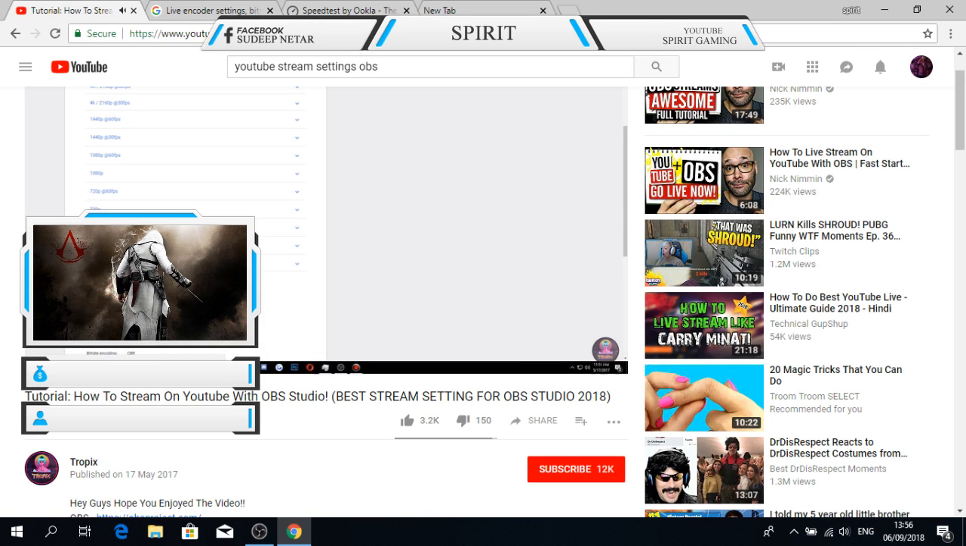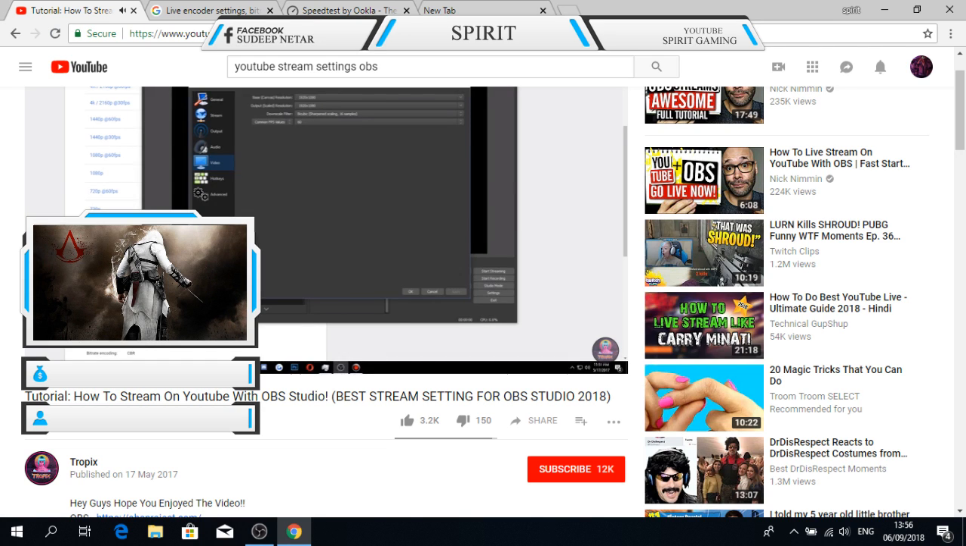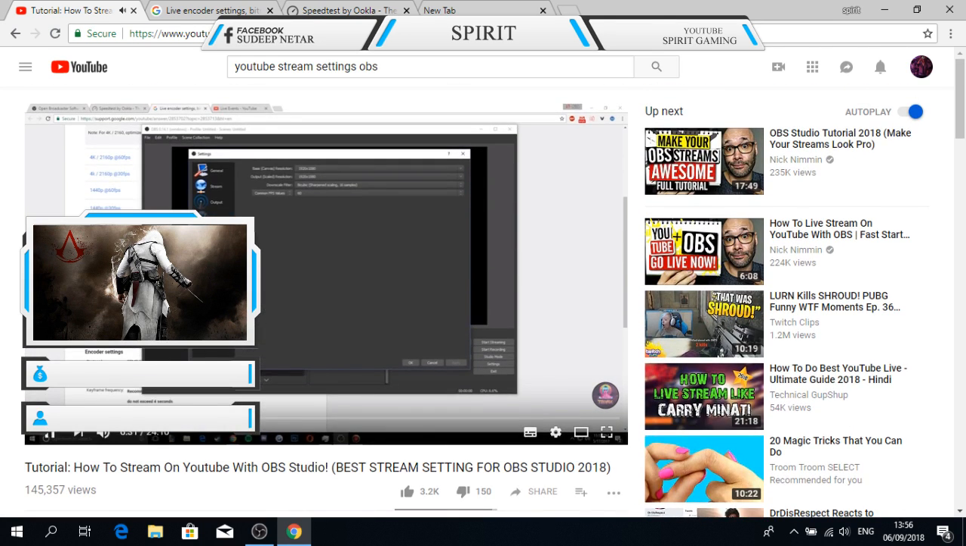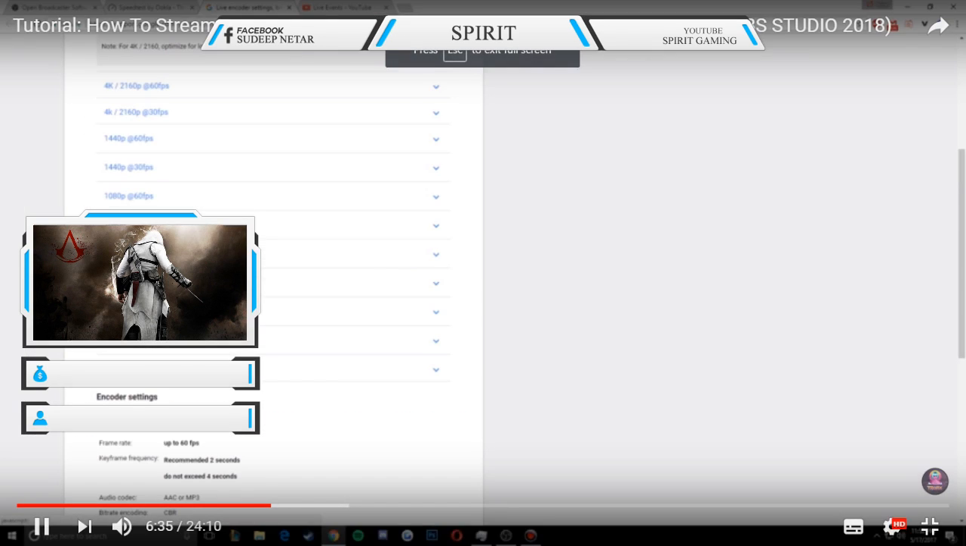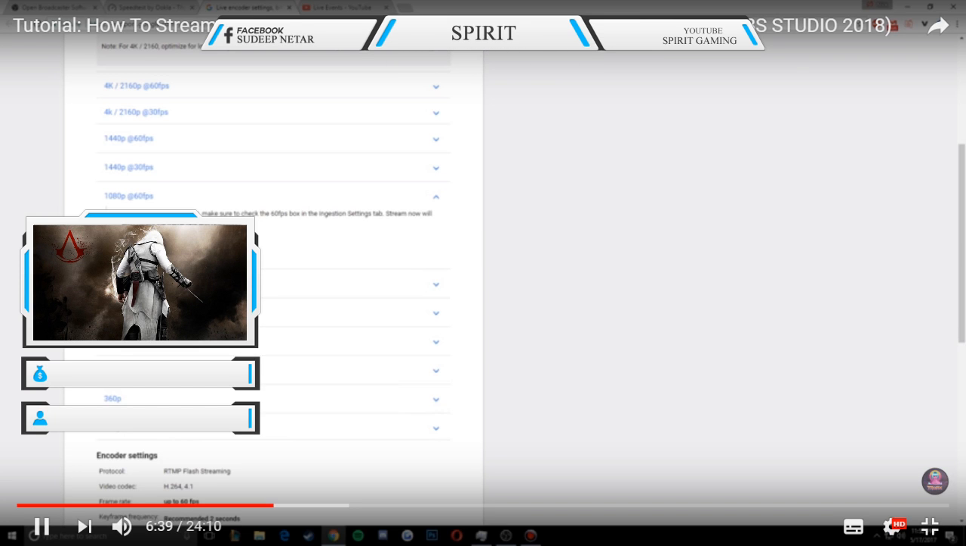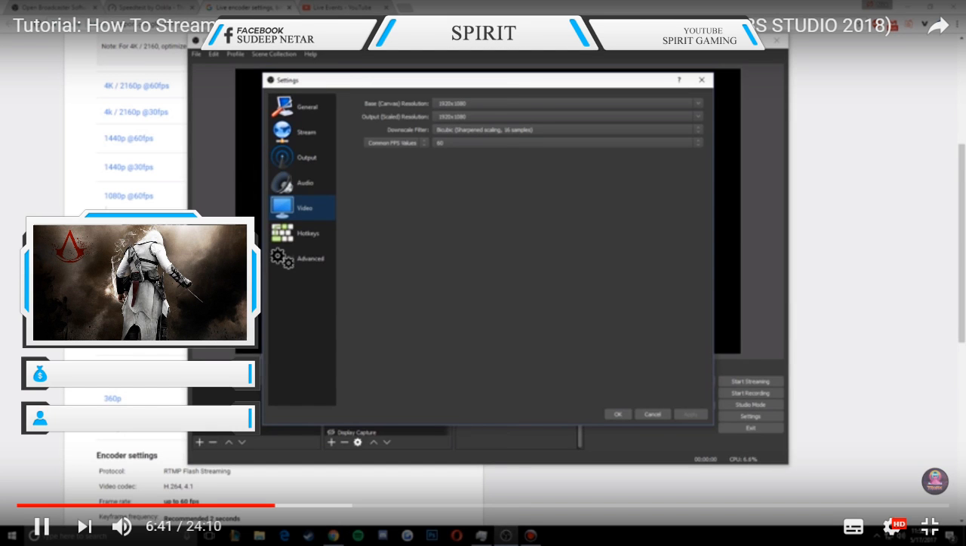So anyways, let's go into OBS and start configuring some stuff. Once you've found what you want, you go into video. This is where you set the resolution. So if I'm going to stream at 1080p 60 FPS, for example, my resolution would be set to 1920 x 1080. So the base canvas resolution is what